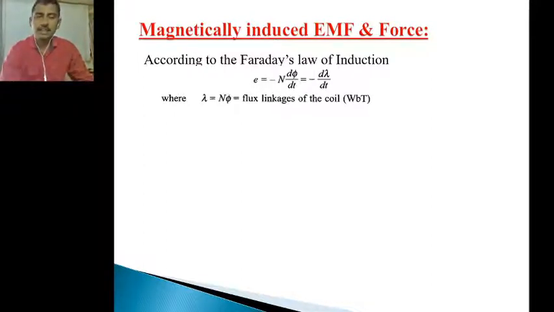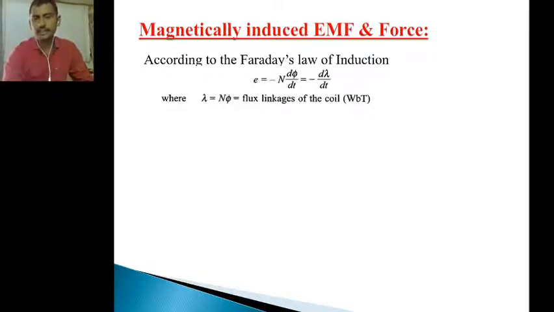Similarly, Faraday's second law also gives the equation for the induced EMF. What does the second law mean? When the flux linking a coil changes, an EMF will be induced in it. The formula for that EMF is E is equal to minus d phi by dt. Here the negative sign indicates the induced EMF is exactly opposite to the flux, that means to satisfy Lenz's law. So in Faraday's first law, the direction of the EMF can be decided by Fleming's right hand rule, and in Faraday's second law, the direction of the EMF can be decided by Lenz's law.